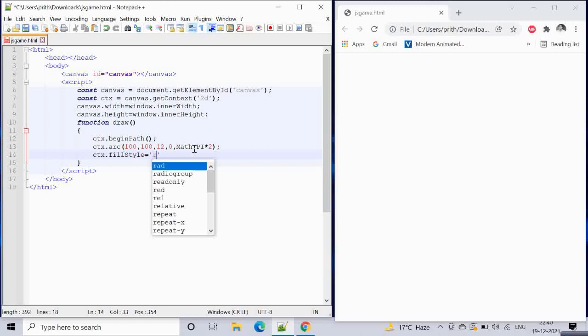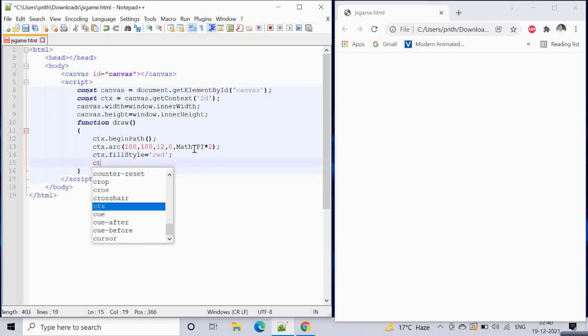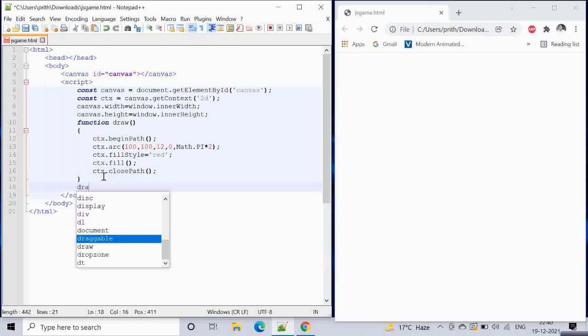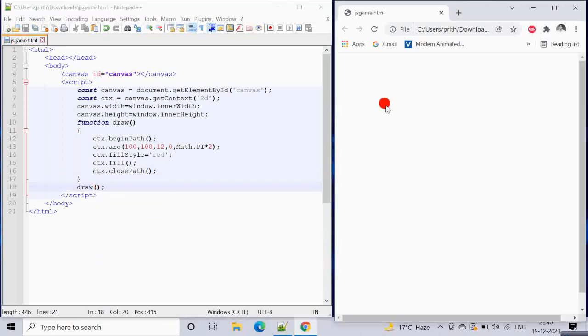Now ctx.fillStyle, we will give our circle a color, red for example, ctx.fill, and ctx.closePath. So we are ending the begin path. Now if we call the draw function, you should see a circle. You can see that a circle is there.